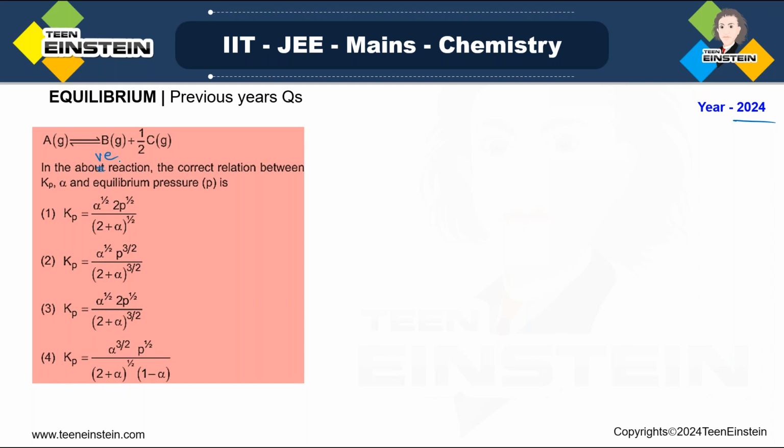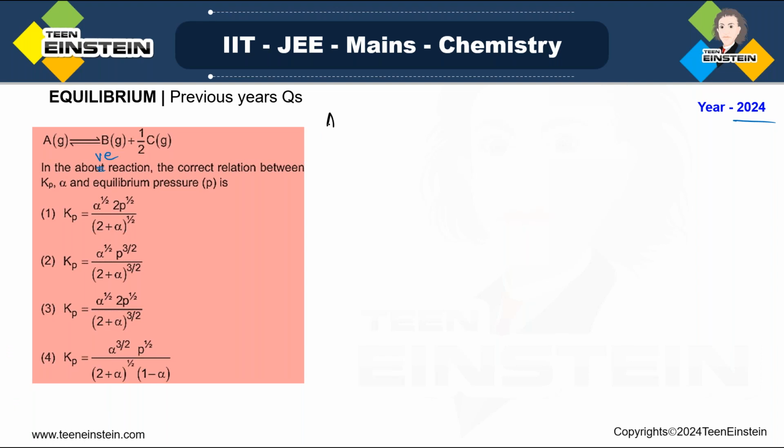In the above reaction, because all the reactants and products are in the gaseous state, the correct relationship between the Kp value, the alpha value, that is the degree of dissociation, or you can say degree of decomposition, because here A is decomposed to B and half C, and the equilibrium pressure P, that relationship you have to find. So how will we start it? We will start from